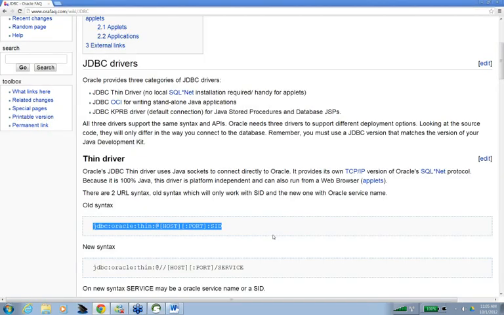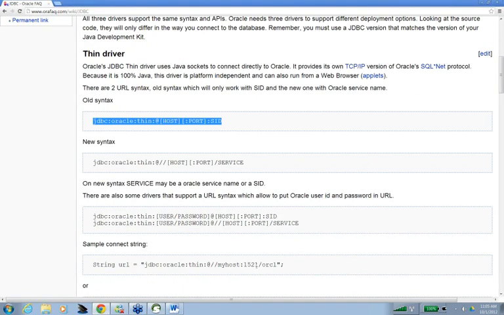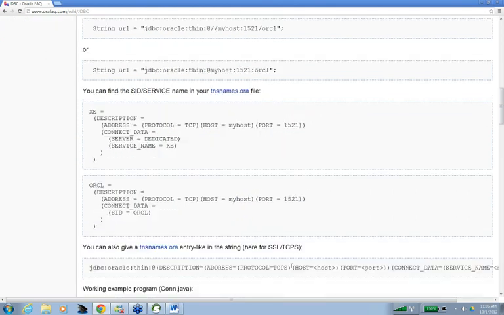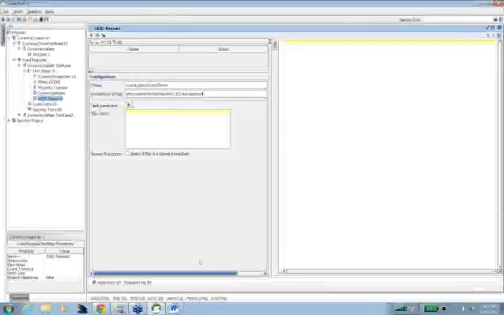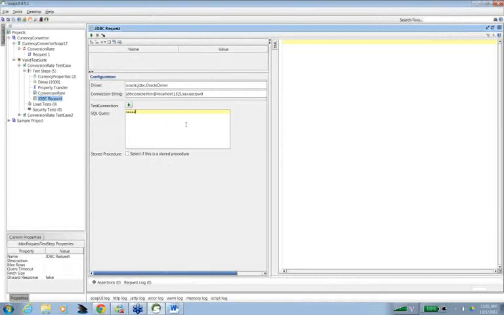Okay, just like this. Right? So then you have to give the SQL query. I can give some SQL query, let's say select employee ID from employees where department ID is equal to 50.